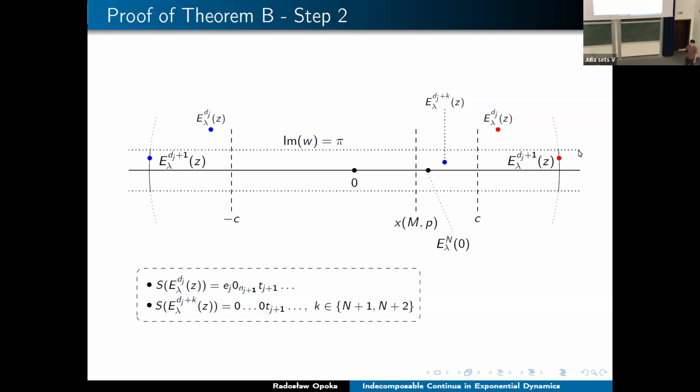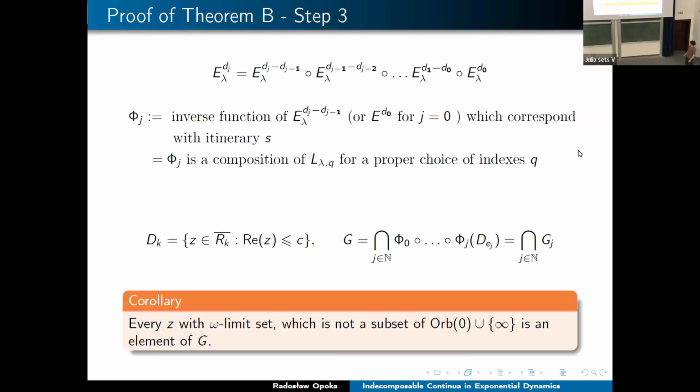And then we use the previous lemma. So it means that every point, okay, so maybe such a definition. We represent the Dj iteration of E as follows: we take some iterations of E and compose, let's say, a block of E iterations from each. And phi j is like the inverse function of every such block. In fact, this is just a composition of logarithms, and these indexes Q are such that we reconstruct our itinerary.